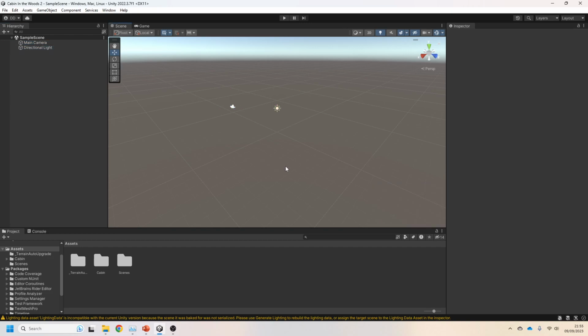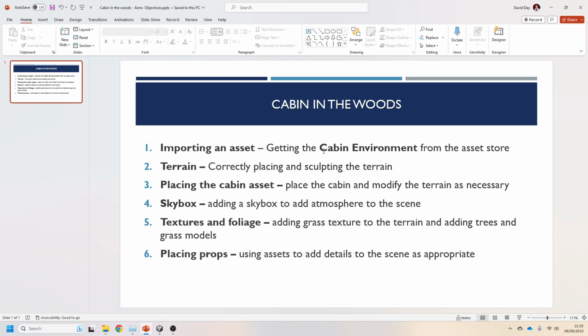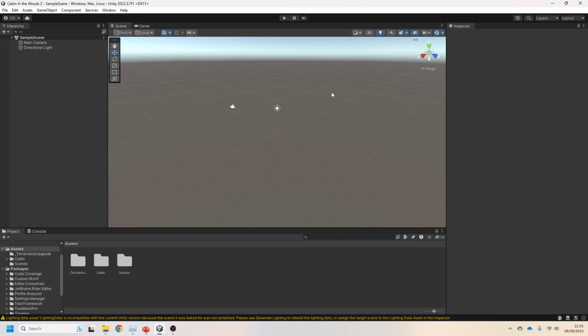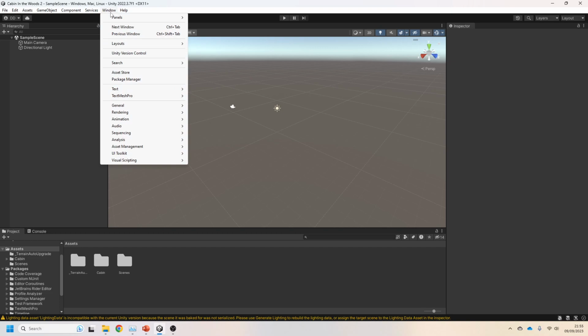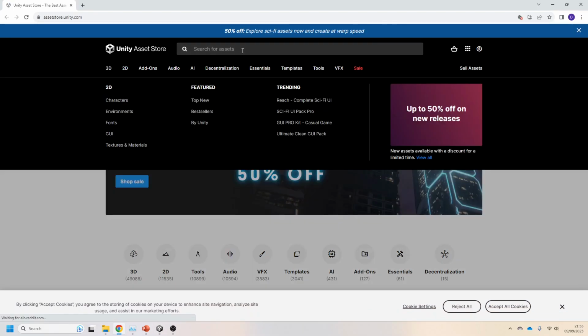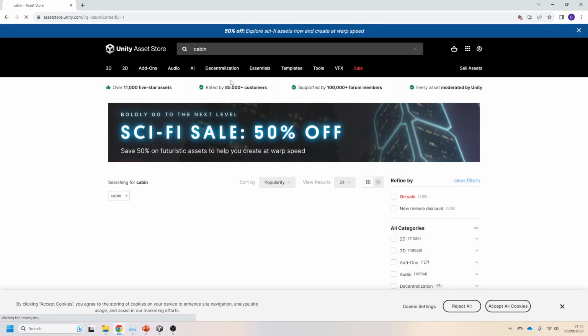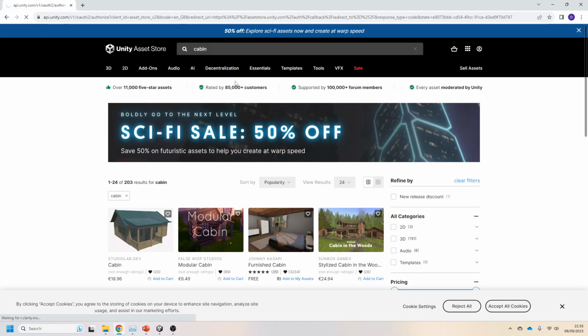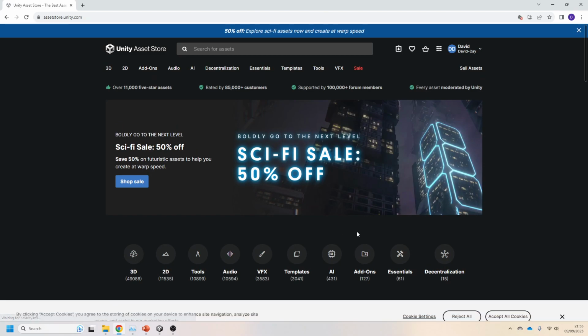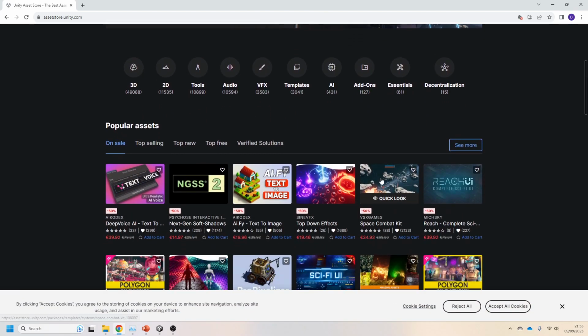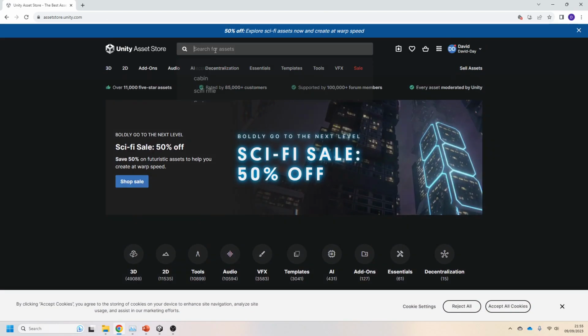I have already added an asset to this scene and I'm going to show you how we add that. So for our first step, we're going to be importing the cabin environment from the asset store. So to do that, window and asset store. It will again sign you in and we're searching for cabin or cabin environment. That's what we're looking for. I'm just searching for the word cabin. Remember, it'll take a while as it signs you in. So I'm searching for the word cabin